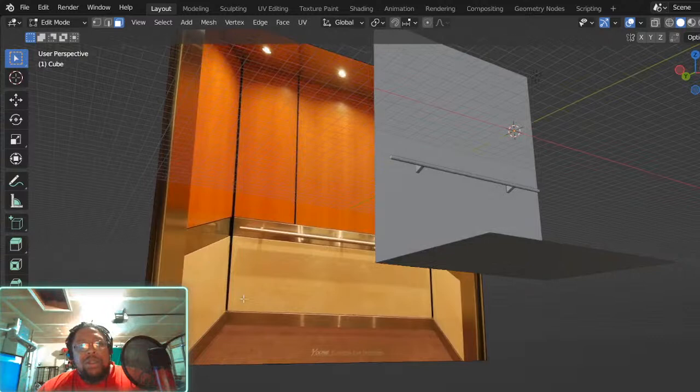Okay. So these parts right here that are super shiny, the metal parts. Do I want that to be a separate piece, like a separate object? And I think I do.